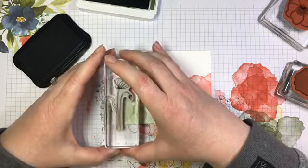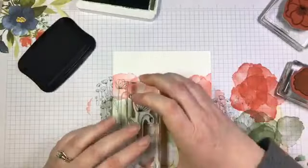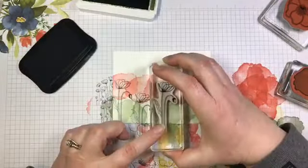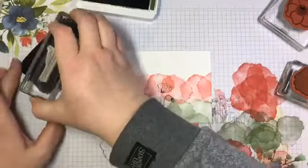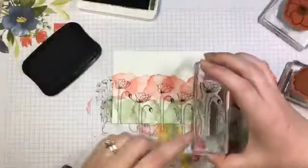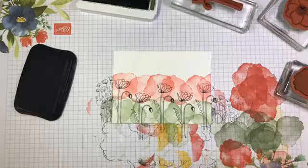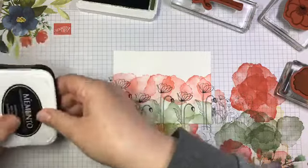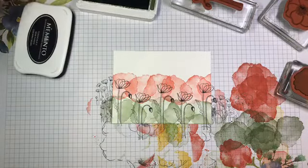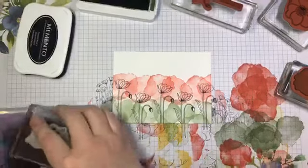Okay, so I am inking up my poppy stamp in black ink, and I want to make sure that as I'm stamping these, I am varying the heights. I don't want them all to be the same height all the way across. And I do want to make sure that I get them well inked. So I'm getting a nice vibrant black against that background. All right. Now I'm going to bring back the larger splatter stamp, and I'm going to stamp across the green,